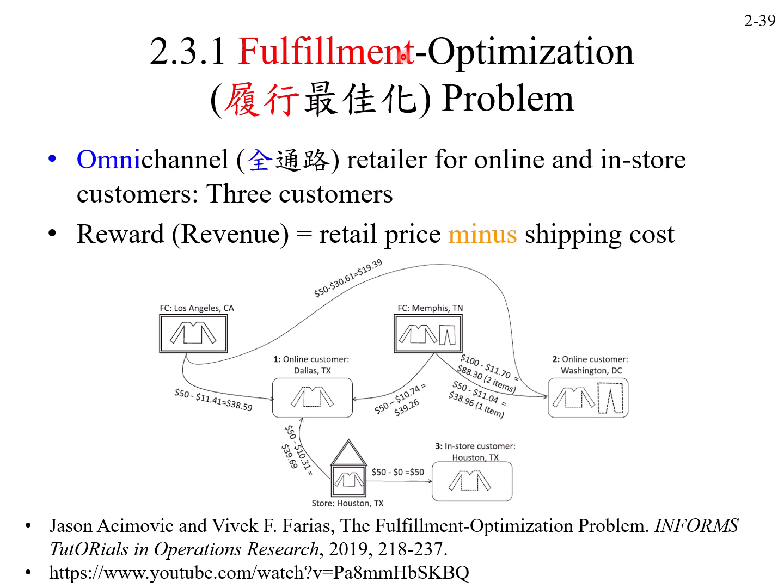So we'll consider a real problem called fulfillment optimization. This is an example called omni-channel. You have different channels: this is a physical store, and this is a fulfillment center. So you have online and in-store customers. And right now we have 3 customers, and the reward or revenue is equal to the retail price minus your shipping